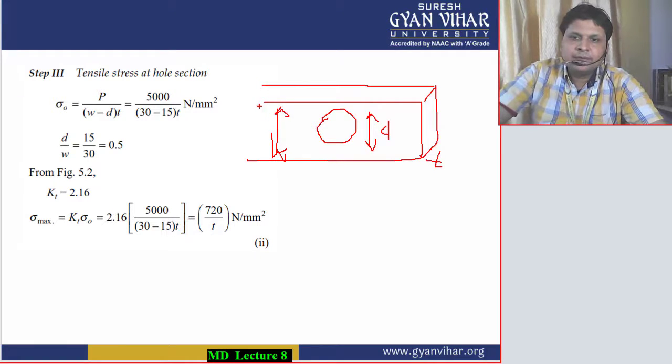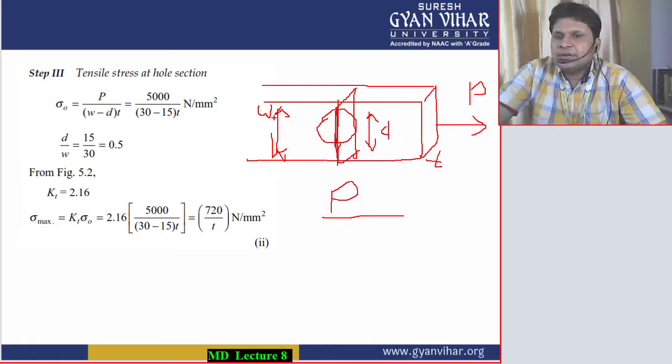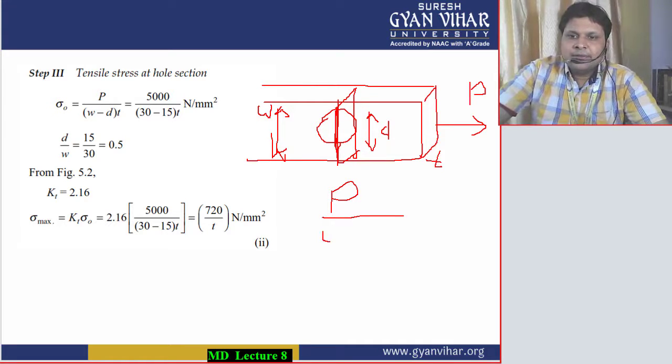So we have seen that the load is P, which is acting as a tensile load. So we have seen load divided by area, the cross-sectional area. Cross-sectional area means the area at this particular location. Here you have a hole, so that particular dimension will be subtracted. This width W, which would otherwise have been taken as W, we will not take. From W we will subtract this small d, the diameter of this hole, and we will multiply with this T, the thickness, to get this cross section.